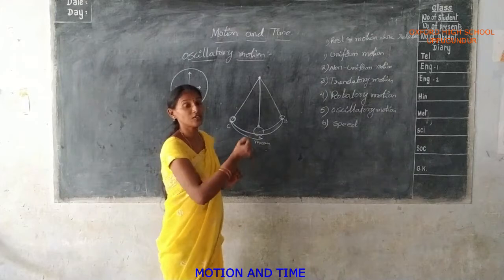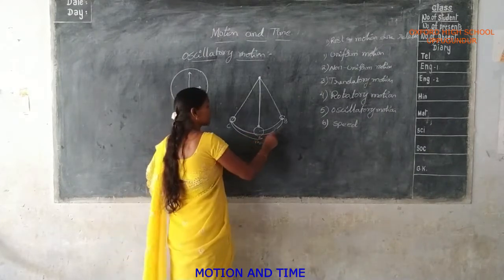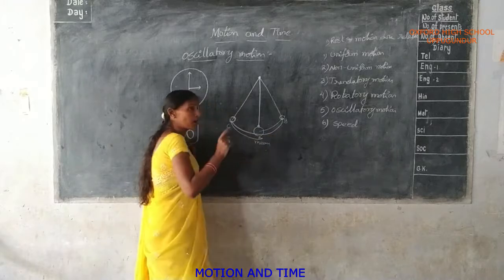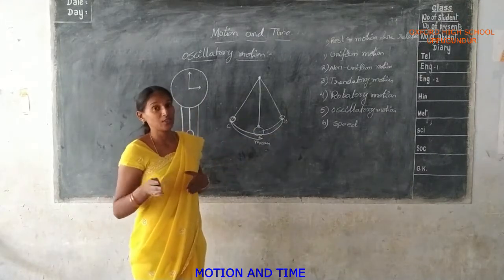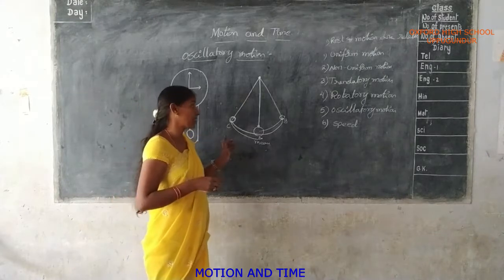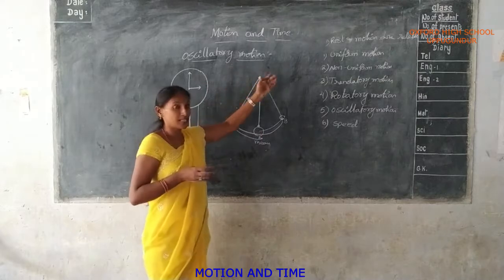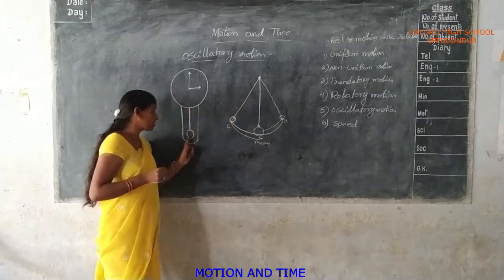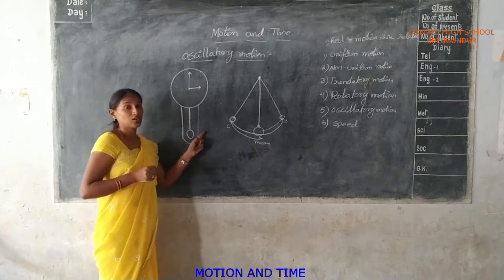So this is also moving in equal parts. Yes or no? So here consider the equal distance. Always you are observing equal length only. Every time you are observing equal distance to and fro. That is called oscillatory motion. So here also this pendulum is moving an equal distance, to and fro.